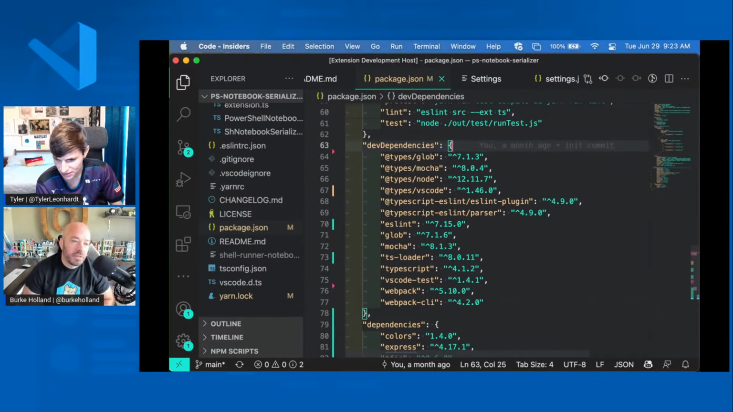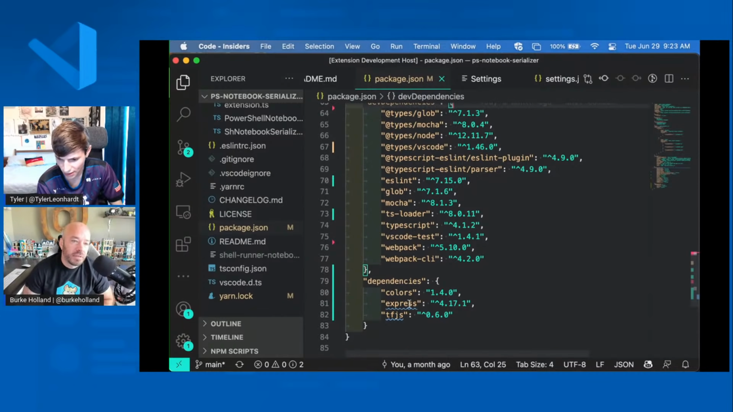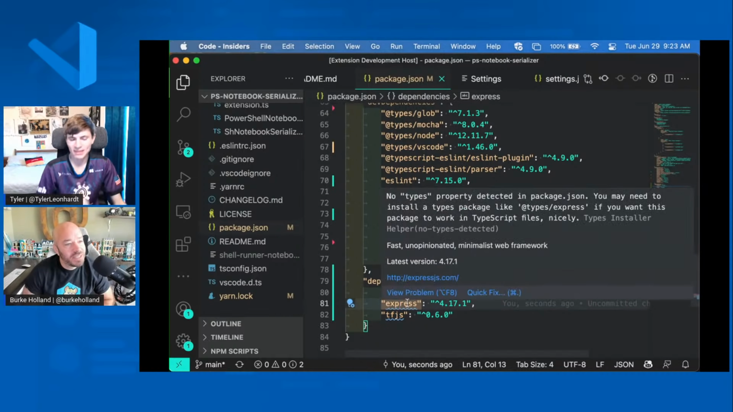And then if we save it, and then there we go. And then Express shows up and it says, hey, what's going on? Yeah, but the types is still there. It's still in the node modules. It is, but